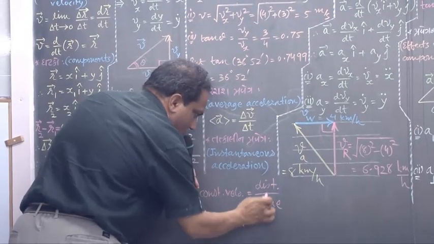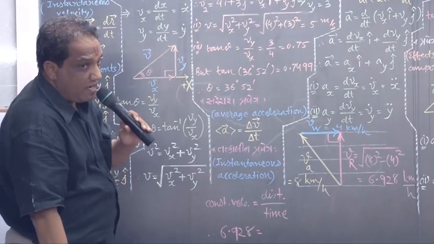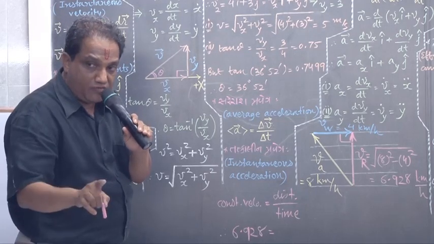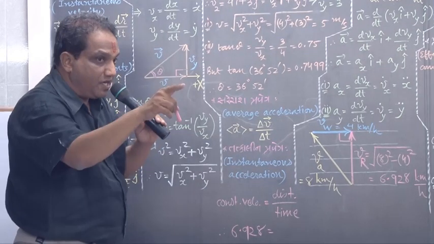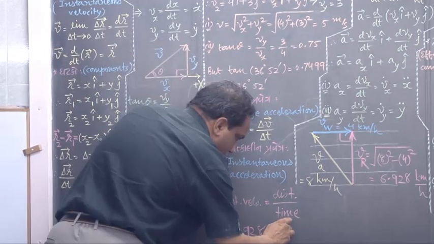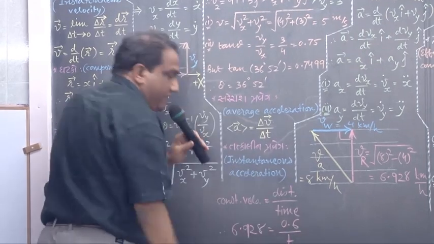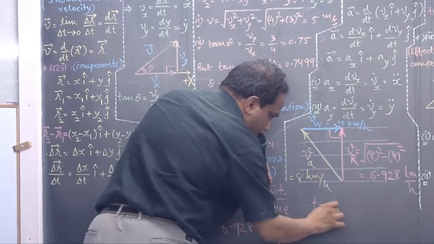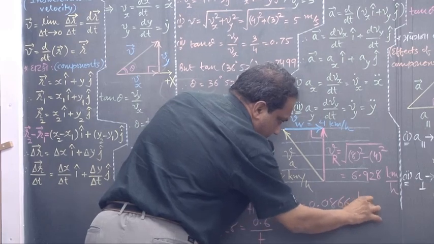Come on. What is the distance? 600 meters. And you know 1 kilometer is 1000 meters. So when you want to convert that value from meter to kilometer, you should divide. 600 upon 1000. That is 0.6 kilometer. Divided by the corresponding time taken, let it be t, which you will obtain in hour. From here you will get it exactly 0.0866 hour. Okay?